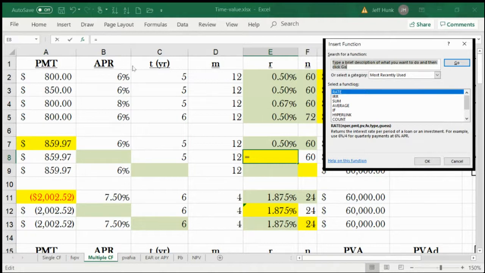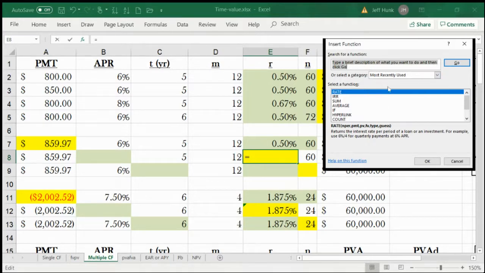Of course, in math, to write f of x, you write f, and then an open parenthesis, and x, close parenthesis. That's function of x. Now we go to the insert function, and when the dialog box opens,